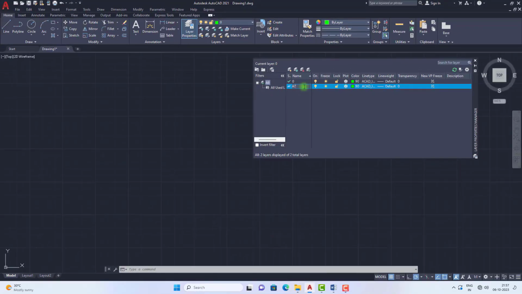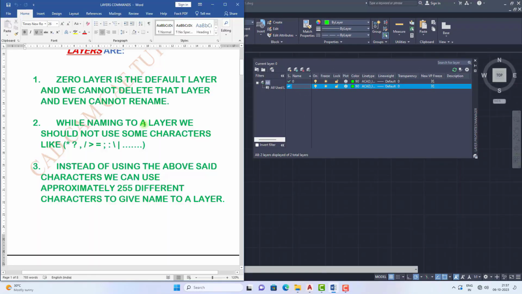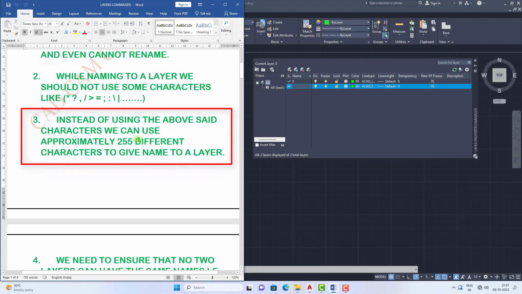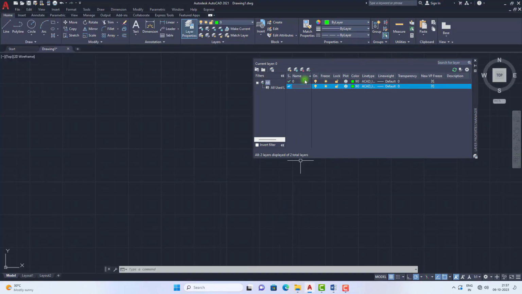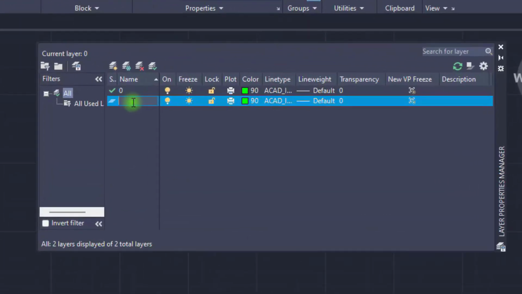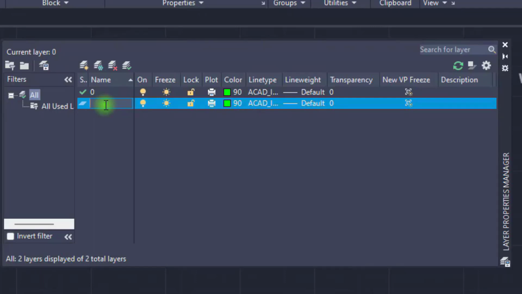Then what characters can we give? Instead of using the above said characters, we can use approximately 255 different characters to give a name to a layer. Instead of star marks, question marks or slashes, you can give different symbols, with approximately 255 characters in AutoCAD.